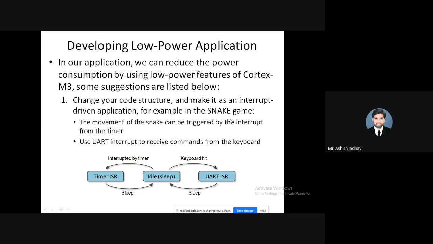म्हणजेच काय, तुम्ही एका मायक्रोसेकंड मध्ये तो स्नेक स्टेप फॉरवर्ड केल्यानंतर पुढचे 999 मायक्रोसेकंड तो स्लीप मोड मध्ये असणार आहे. ठीक आहे. त्या 999 मायक्रोसेकंड्स मध्ये जर तुम्ही लेफ्ट किंवा राईट बटन प्रेस केलं तर एक इंटरप्ट जनरेट झाला पाहिजे. त्या इंटरप्ट मुळे तो प्रोसेसर वेकअप झाला पाहिजे आणि करस्पॉन्डिंग ऍक्शन त्या स्नेक वरती घेतली पाहिजे. म्हणजेच काय, स्लीप मोड मध्ये असताना जर लेफ्ट बटन प्रेस झालं तर इंटरप्ट जनरेट झाला पाहिजे आणि त्या इंटरप्टच्या सबरुटीन मध्ये काय असलं पाहिजे? टर्न द स्नेक इन अ लेफ्ट डायरेक्शन.